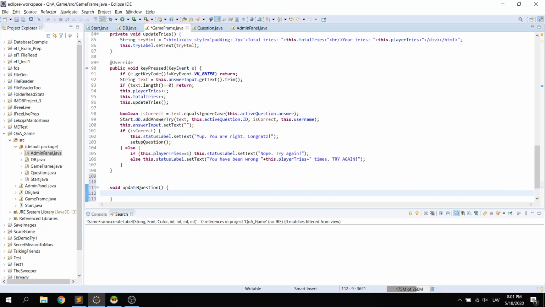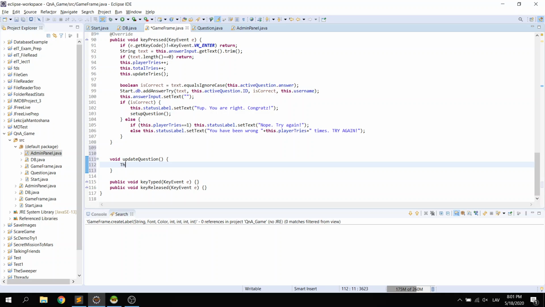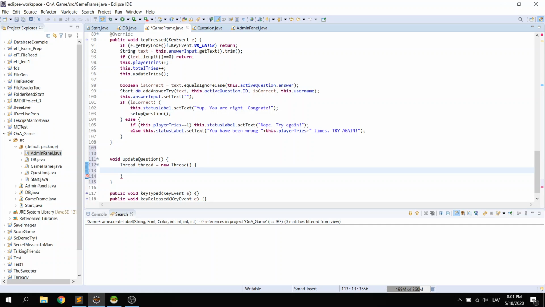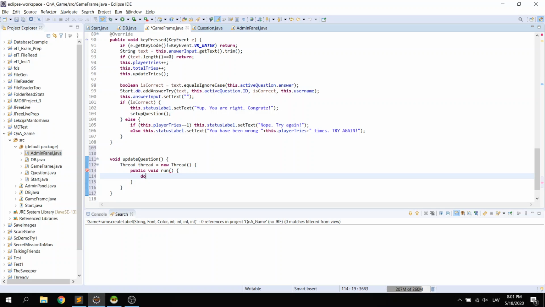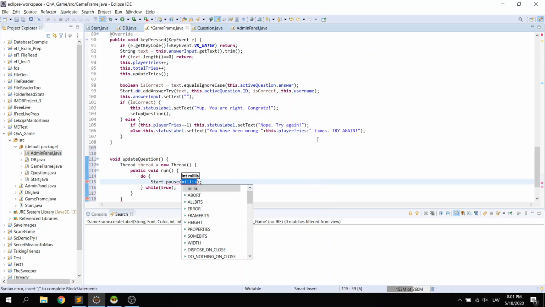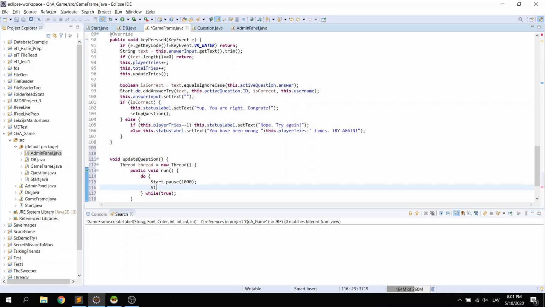What we need to do is keep checking the same as we did with the tries. Keep checking if any question has a winner and we need to move on. Again, as I said, we are creating a new thread equals new thread. And we're going to set it up right here. Public void run method, the only thing we need. We're going to have a do while that's going to run forever. And here we're going to call the same start class's pause method with how many? Yeah, let's do 1 second and say string winner